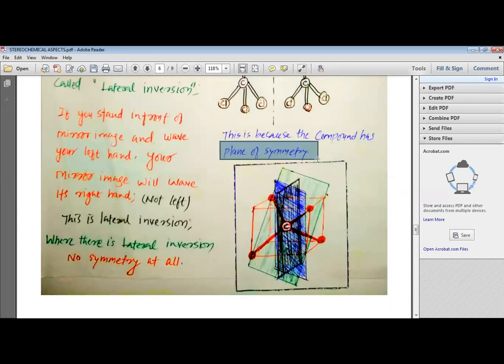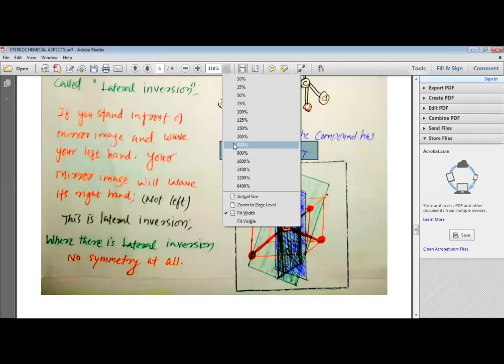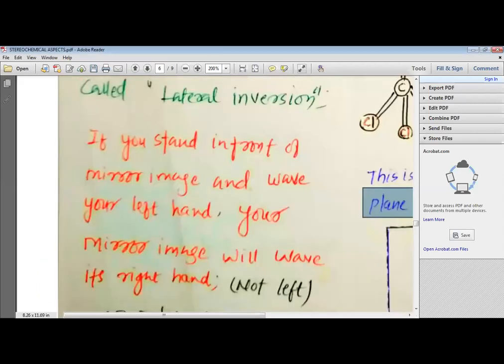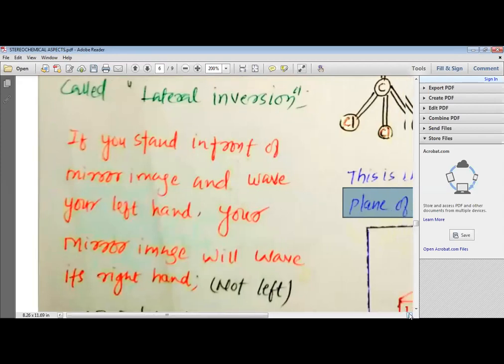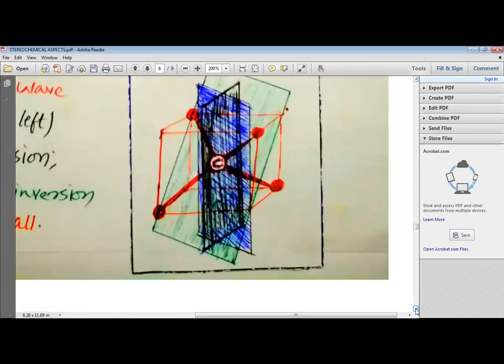This is what we need to understand next. These compounds, my dear students, have a plane of symmetry. Now, what is the plane of symmetry? That is what we need to understand. So, to understand the plane of symmetry, my dear students, let's have a look at this figure on your screen. You can see this is the carbon that we have. This particular carbon is bonded to 4 other atoms in a tetrahedral manner.